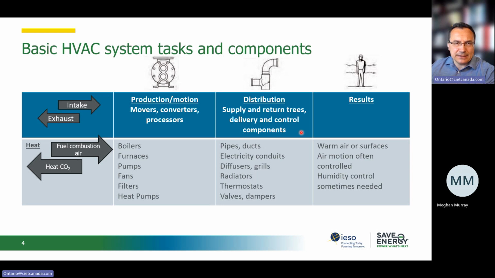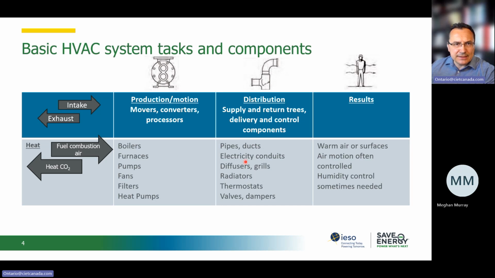This is how we transfer energy in our buildings to achieve those results related to occupants. And then we have the primary equipment where we produce the specific form of energy that we need in our buildings. So as an example for heating,